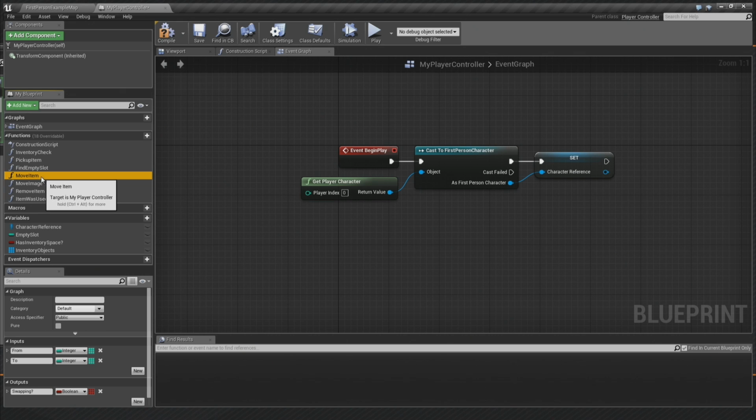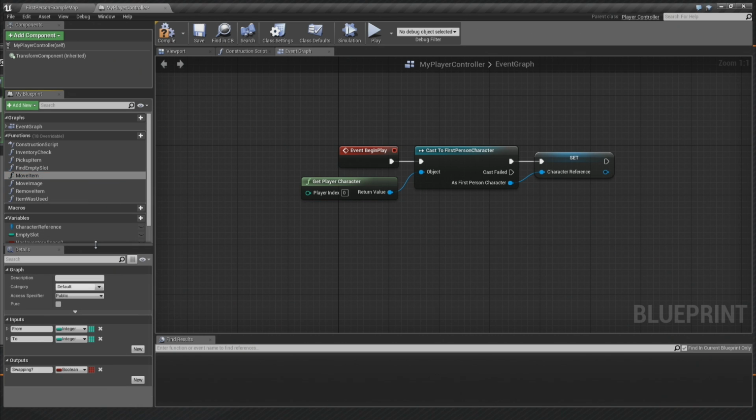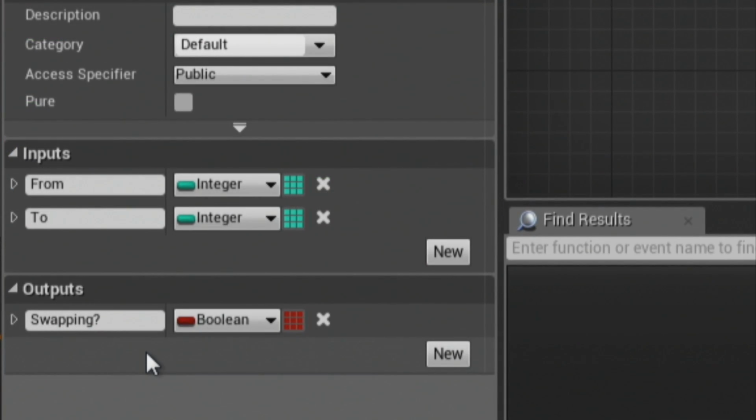There's the move item. I think we started touching this in the previous video, but we did not set the function up in the first video. So this is probably where you may have got a little bit lost. Hopefully this will clear this up. So the move item function, we added 2 inputs. We need to know where we're coming from and where we're going to, and those are both going to be integers. And then the output is just a Boolean that we called swapping,